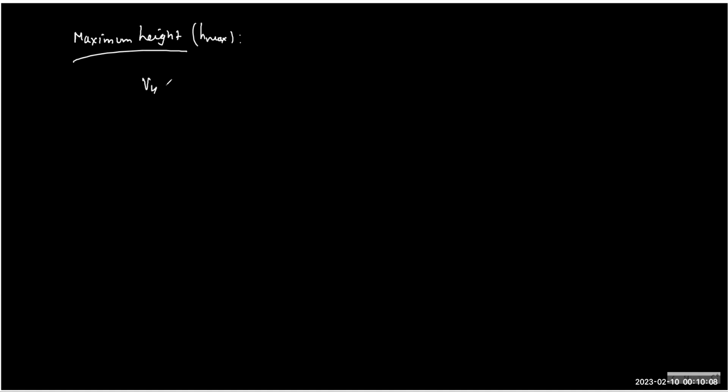So Vy is 0. See, if y is h max, it implies Vy must be 0. So this is the condition from where we have to derive it. We know that this will happen. Which kinematic equation is the best to get the maximum height? Yeah, the third one is the best one. So what you can write is Vy square equals to,